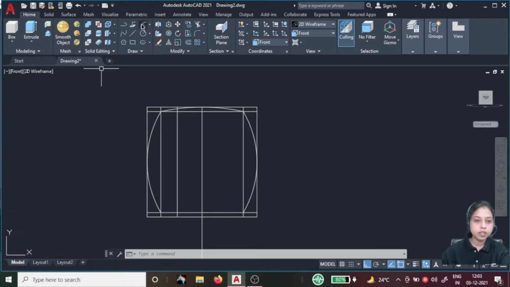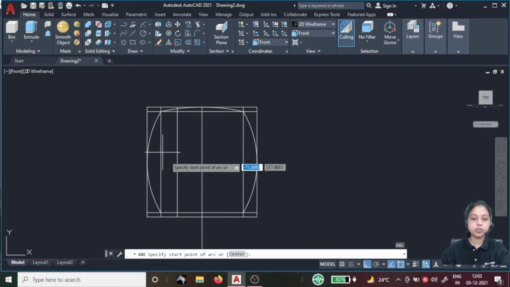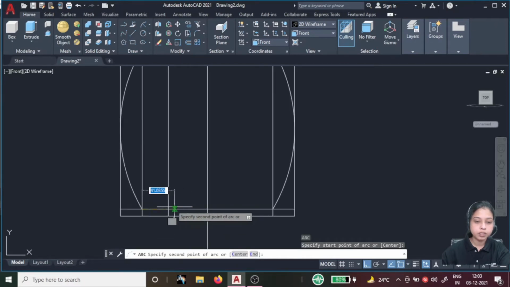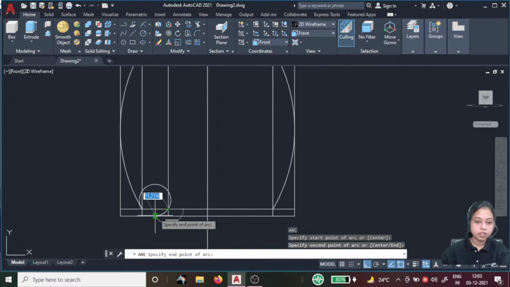A, enter, select this line, this endpoint, just zoom in, this point, and give this endpoint.